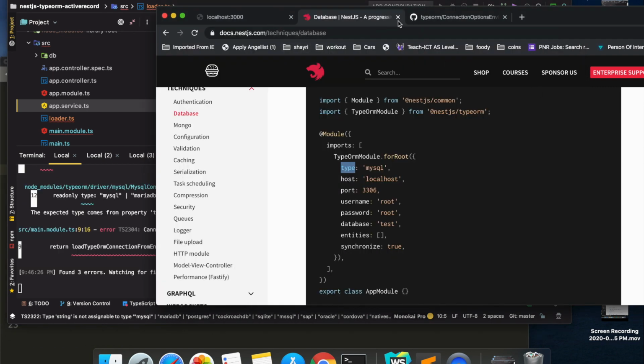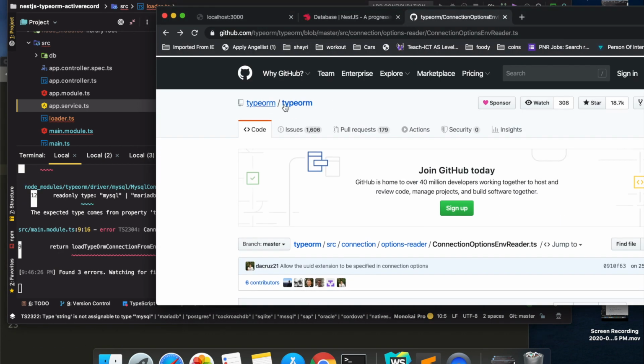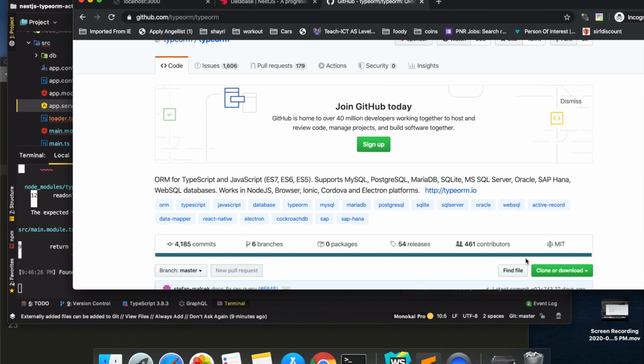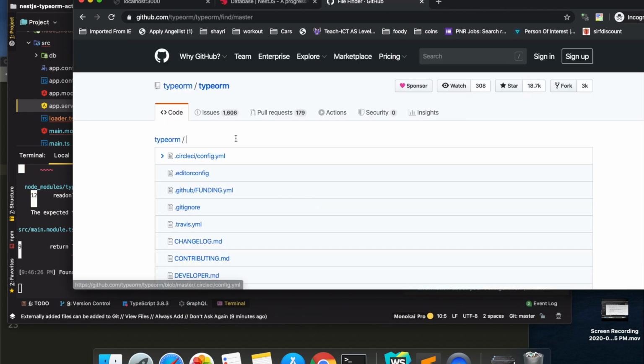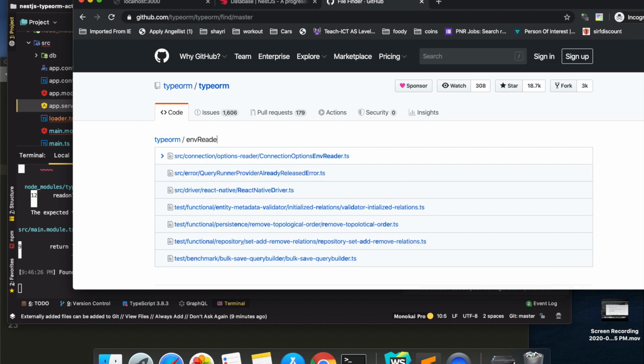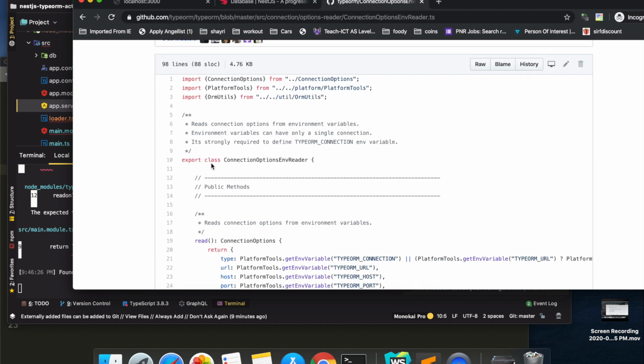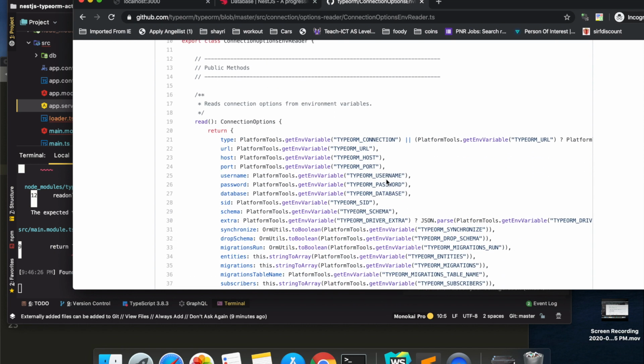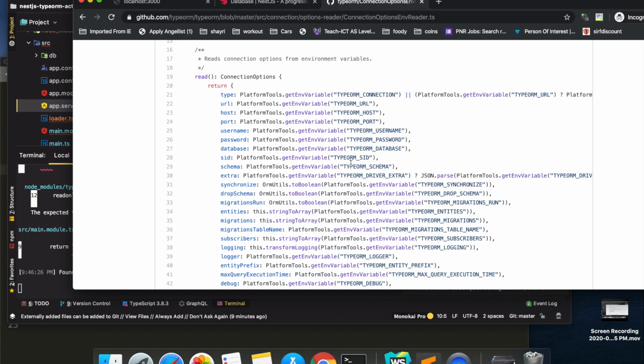So if we go to TypeORM, all you need to do is just find this file, ConnectionOptionsEnvReader. So you see this class has this function read, so it reads all the connection options from your process.env variables, right?